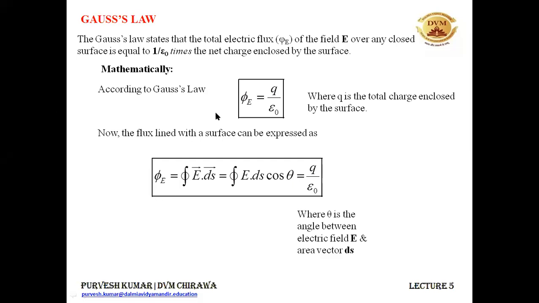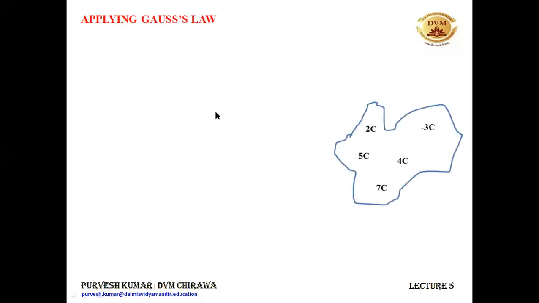And in the next slides to come, we will be using Gauss's law, that how it can be utilized to find the electric flux linked through a surface. So I have given you 3 examples. So let's try to apply Gauss's law in those examples. Okay. Applying Gauss's law. Example number 1 says that consider a random closed surface with the charges as shown in the figure. So this is our closed surface marked with the blue boundary.